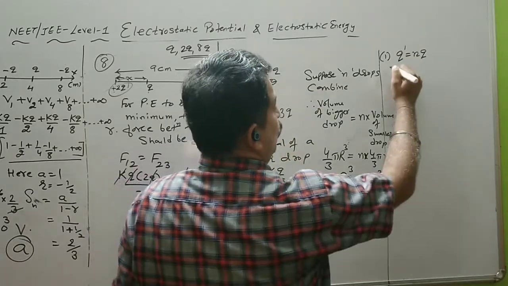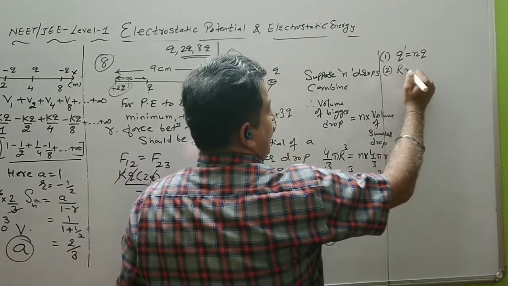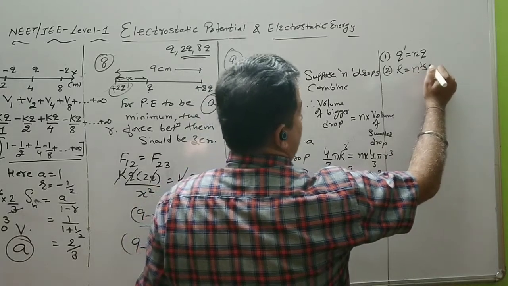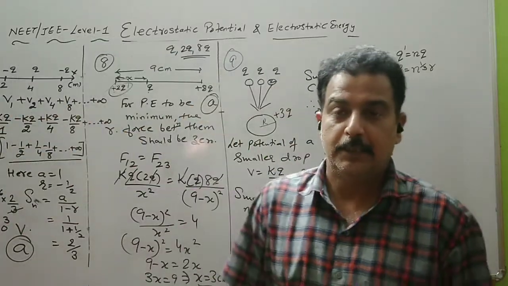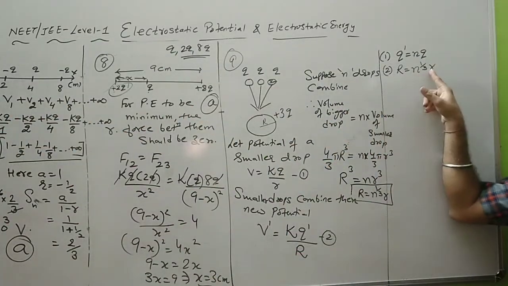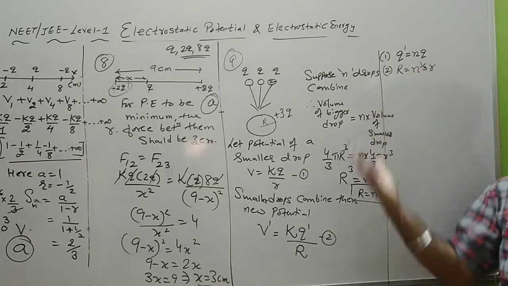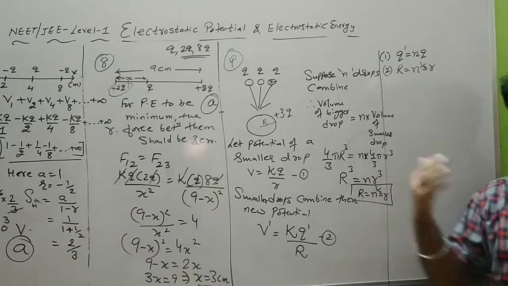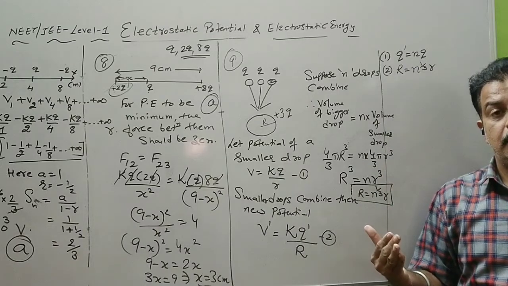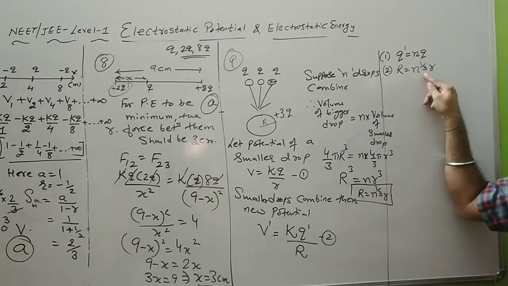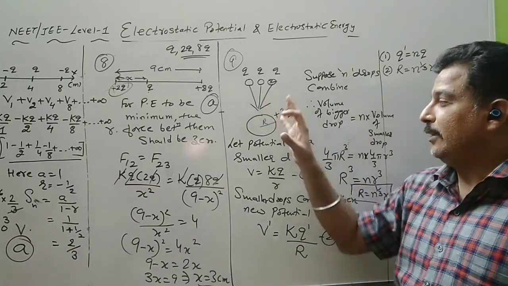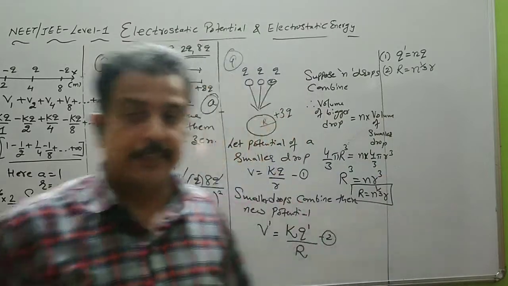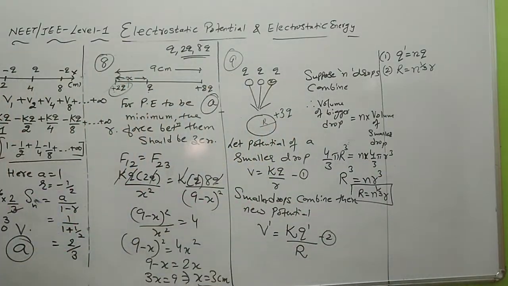See this relation. You have to remember this formula. The radius becomes n raised to 1 by 3 times. So if you have 3 droplets, it becomes 3 raised to 1 by 3, that is the cube root of n. Suppose you have 8 droplets. You will write 2 raised to 3 into 1 by 3, that becomes twice. So if you have 8 droplets, the radius will become double. If you have 27 droplets, the radius will become 3 times. So this is the general relation for the radius.